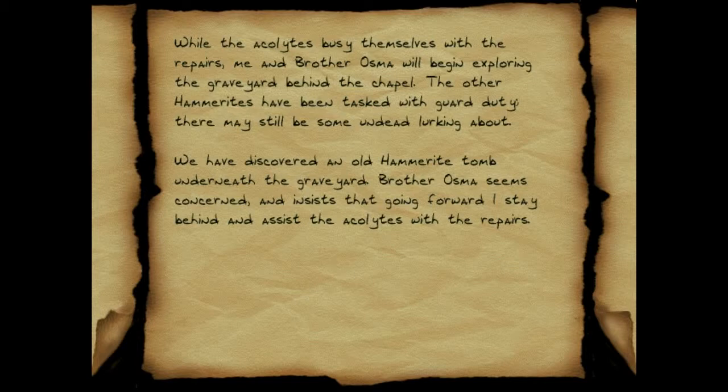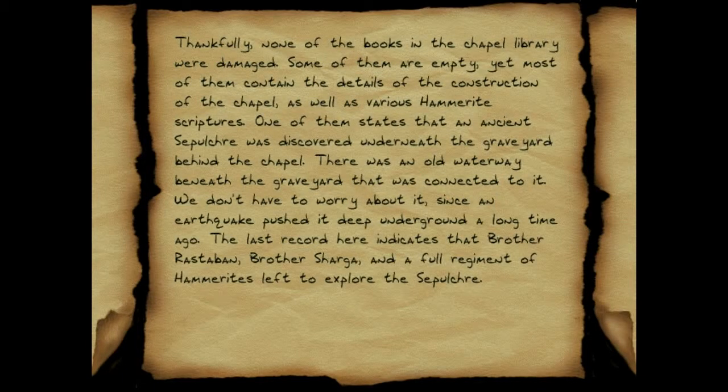We have discovered an old Hammerite tomb underneath the graveyard. Brother Ozma seems concerned and insists that going forward I stay behind and assist the acolytes with the repairs. Thankfully, none of the books in the chapel library were damaged. Some of them are empty, yet most of them contain the details of the construction of the chapel, as well as various Hammerite scriptures. One of them states that an ancient sepulchre was discovered underneath the graveyard behind the chapel. There was an old waterway beneath the graveyard that was connected to it. We don't have to worry about it, since an earthquake pushed it deep underground a long time ago. The last record here indicates that Brother Rastaban, Brother Shaga, and a full regiment of Hammerites left to explore the